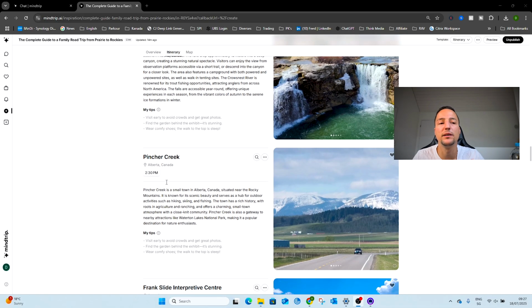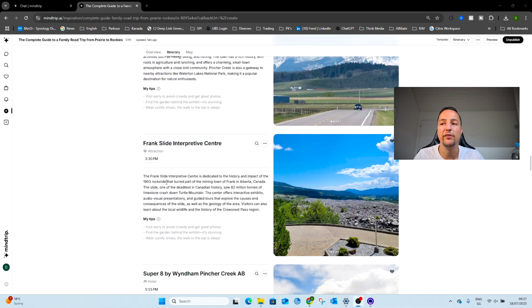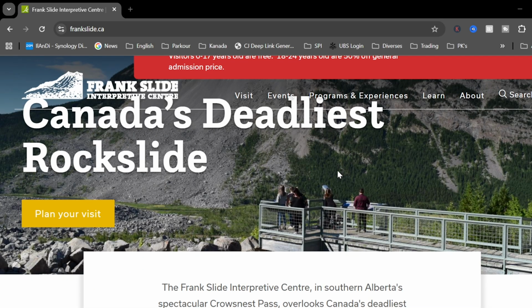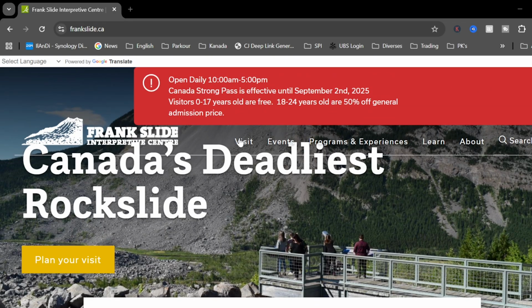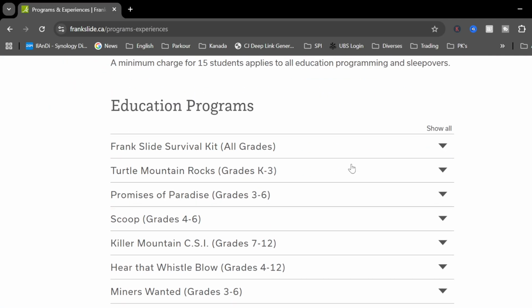And then from there, we're gonna stop at Pincher Creek, and then drive to the Frank Slide Interpretive Center. Kids under 17 enter free. And here's what makes this stop special. They have 2 short films that explain the 1903 disaster using Lego style animations that keep young attention spans engaged. The educational value here is incredible because your kids learn about geology, history, and natural disaster in a way